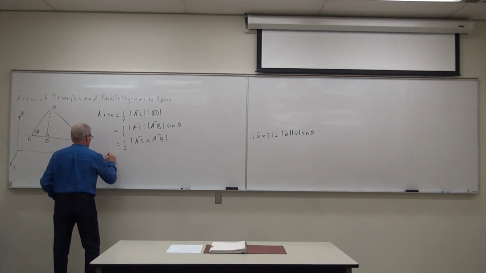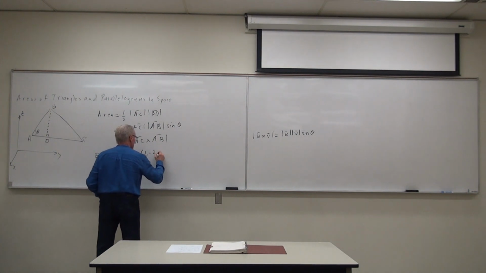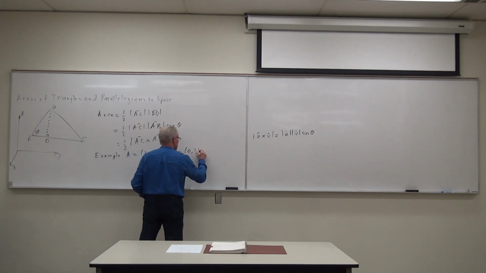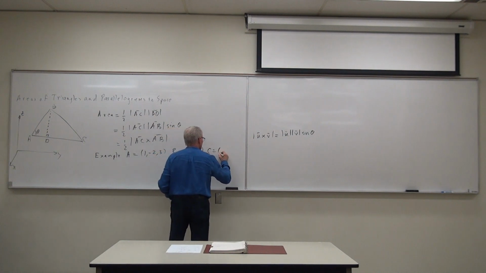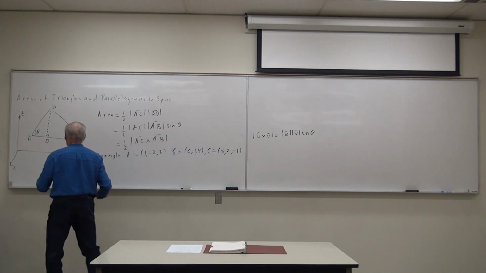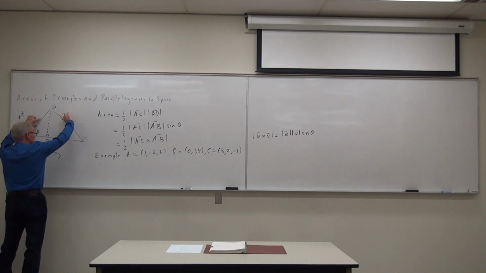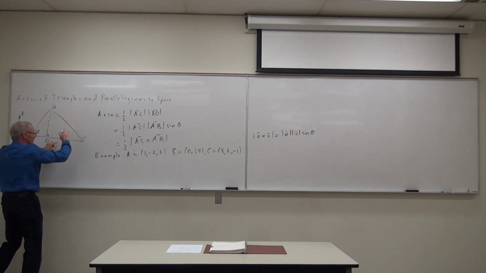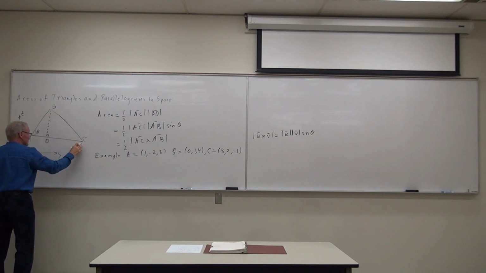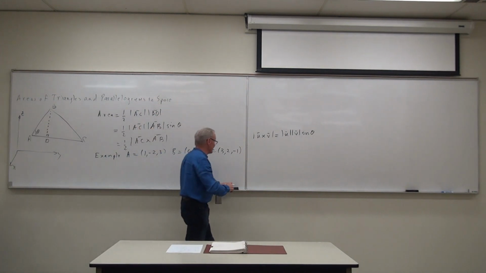Let's just pick any 3 points in space. Suppose A is the point (1, -2, 3). B is the point (0, 1, 4). And C is the point (3, 2, -1). Now, because I've got A, B, C here, I could choose those two and do the same thing. I could choose these two and do the same thing. All you need is 2 vectors from any one of the vertices that you want. So if we use the ones that we've got here, we could say